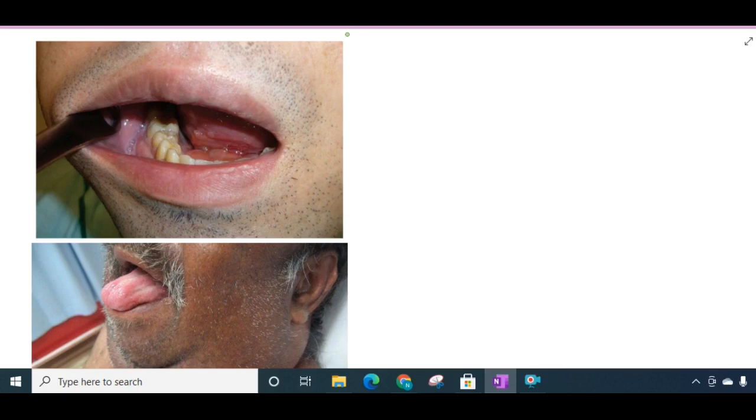So if you see the clinical features here, the infection is in the sublingual and submandibular space. So there will be infection which is localized to the structures in the floor of the mouth. Whenever there is infection in the sublingual and submandibular space, the structures in the floor of the mouth are swollen, and sometimes the tongue is pushed up because of the structures which are swollen here. Because the structures here are swollen, the tongue here is pushed up. You can see the pushed up tongue here.